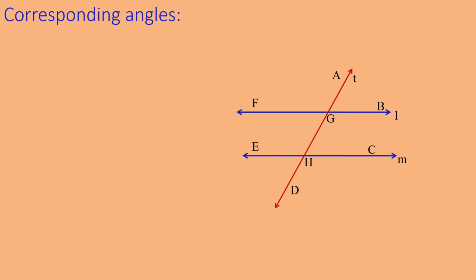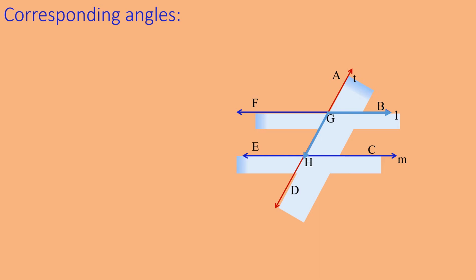In that, two lines L and M are there and a transversal T is intersecting lines L and M at points G and H. For a corresponding angle, we are taking a rectangular shade and putting it below both the lines L and M. This is only done to make you understand the concept very clearly. Now one vertical rectangular shade is taken and kept on one side of the transversal, that is line T.